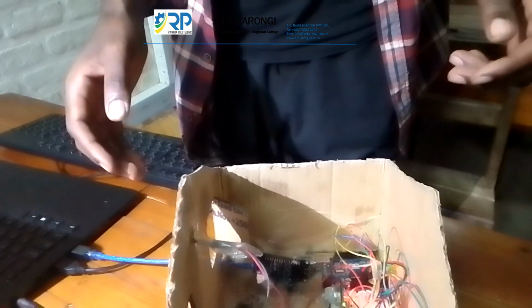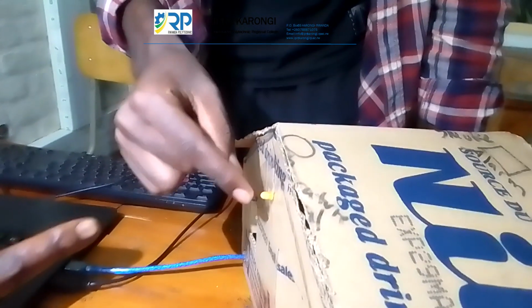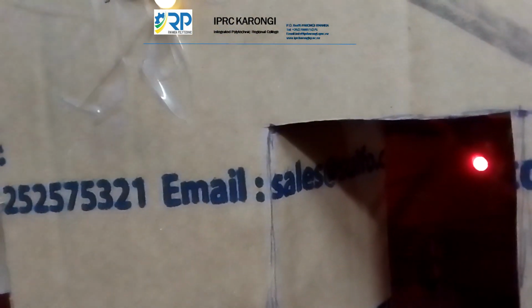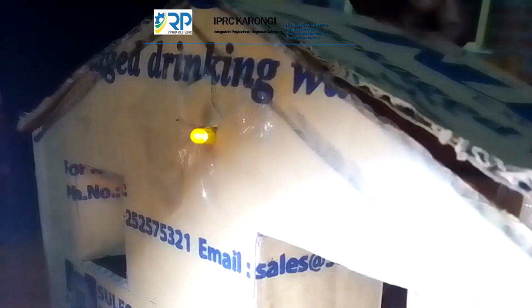The next thing we will test is these lights. We will try to put the cover on for activating the lights. You see here, automatically this red turns on due to the activation of night mode. And as you see here, looking through the door, you see that the torch or the light in front of our house has also been turned on. And if we try to turn back or to activate the light,